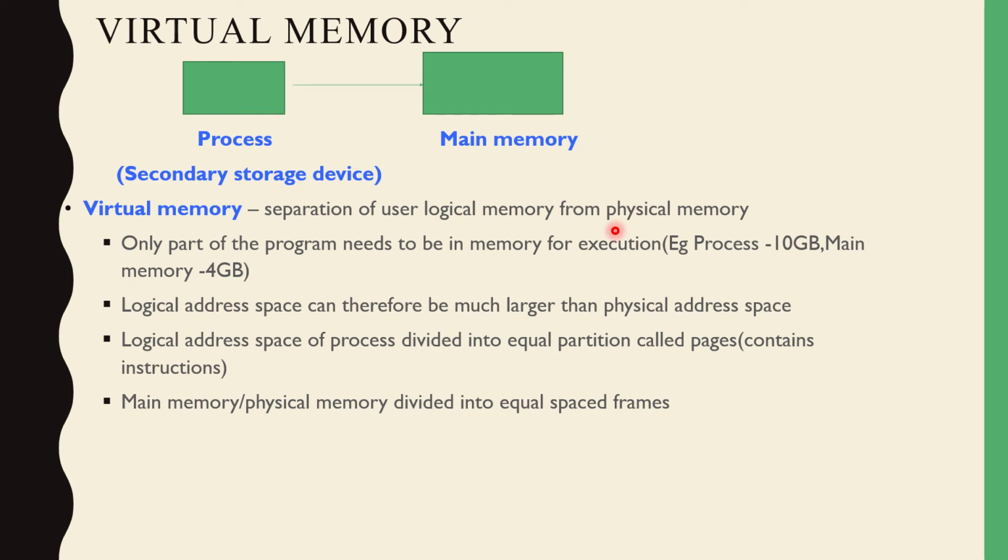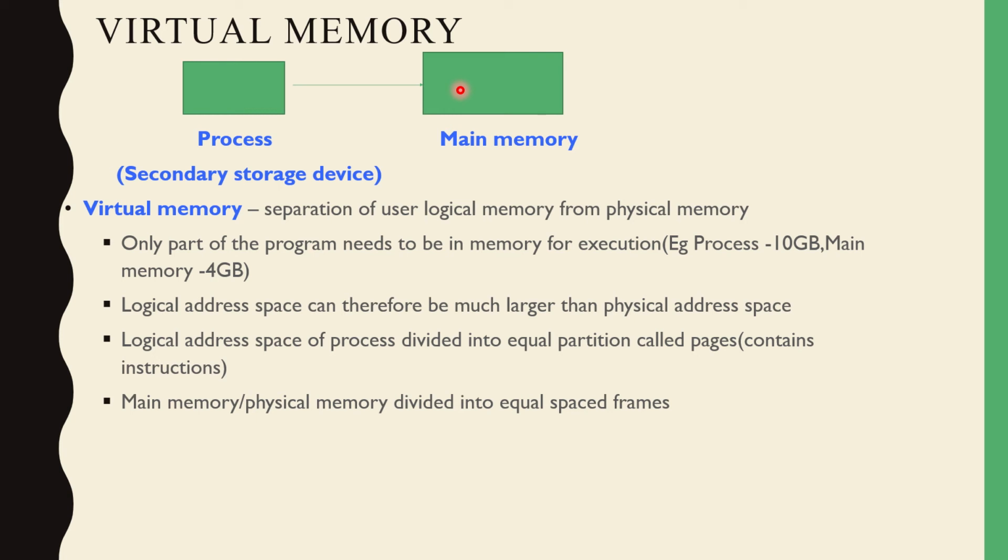So what is that? We have already discussed in the first module that whenever you want to execute a process, that process has to be loaded from its secondary storage device to main memory. Only then will that particular program execute, right? That can be anything. For example, I already explained one example: you want to open a Microsoft Word document, write something and save it once.